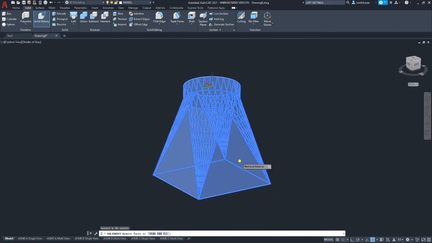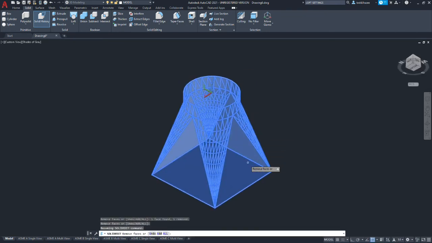It's going to ask you which solid to use, which is this one. If you can't select it, that means you've made a surface and not a solid. The next prompt is asking what faces do you want to remove. So we want to remove the top and the bottom. It'll be open, and the rest of the walls will have an 1/8 inch wall thickness.